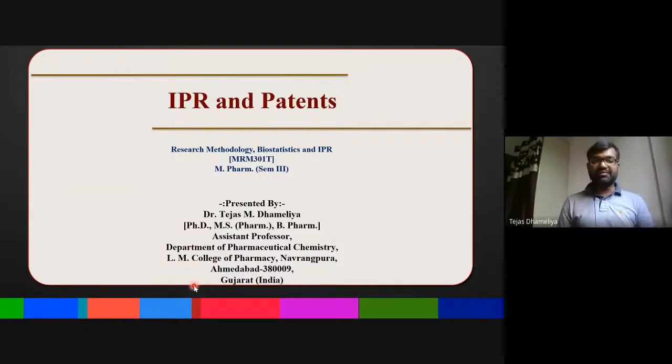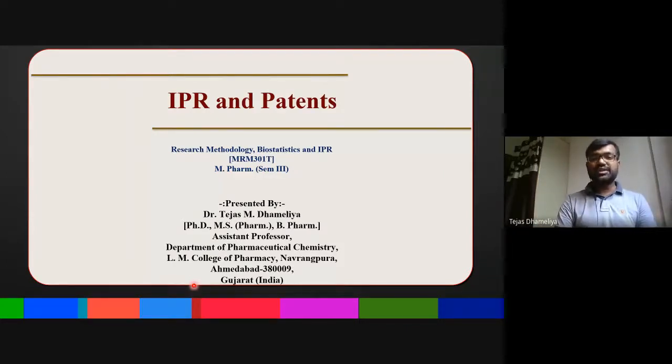So we know that if you want to go for filing of a patent and that patent is already filed, then in such a case we cannot file these kinds of patents. Okay, so that's why it is very much necessary that whatever patent we are going to file, it should have a priority search. And this priority search can be accessed through what is called a prior art search for the patent search.